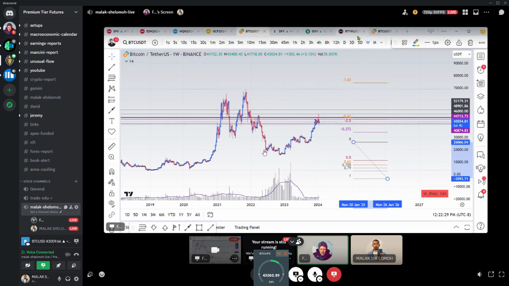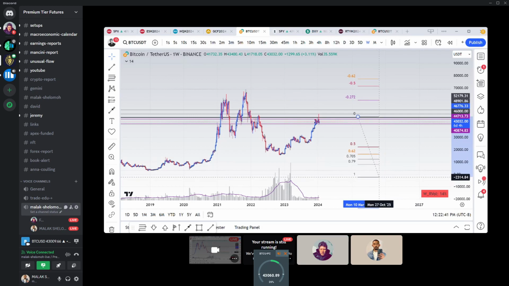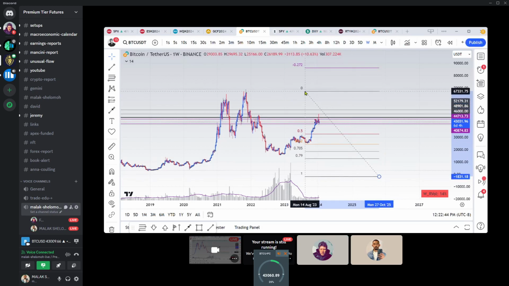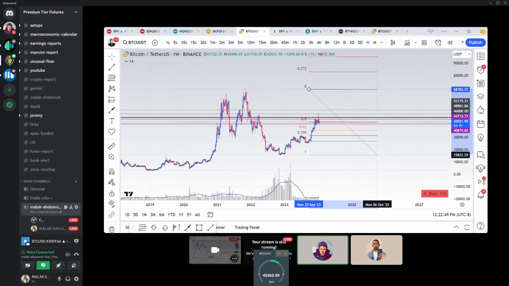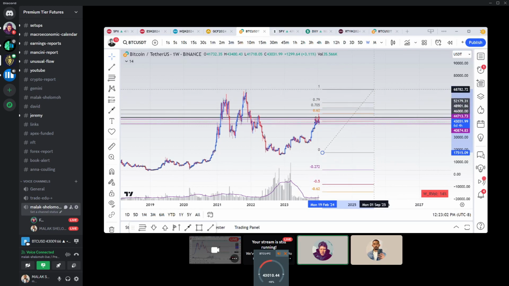Okay, so looking at the weekly here, I've got the Fibonacci tool pulled up. If we were to measure this coming from the top, which was 69, almost 70, and measure that onto the bottom, which was about 15.6 or 15.8, you can see we got a nice pullback right into, oops, I'm doing this backwards. Let's just adjust that so we can see the retracement. So if this were, for example, a bear rally,